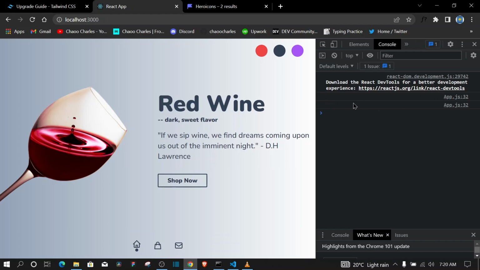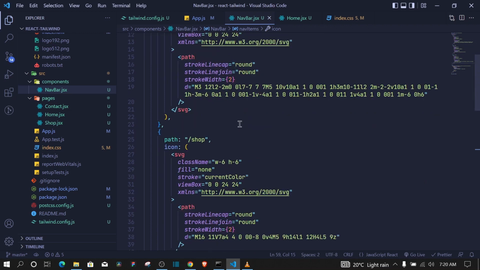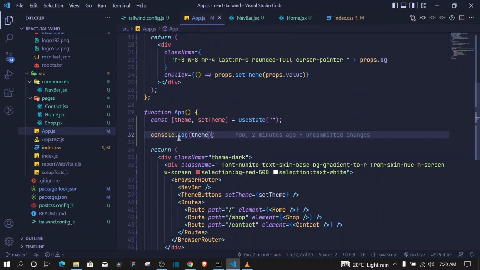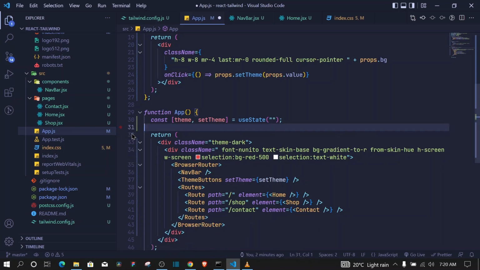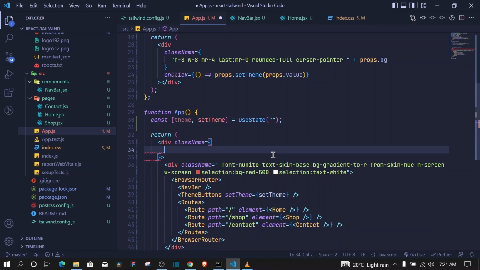But now at the state you can see we are logging the theme. Right now it's just nothing. When I click red, it's nothing. When I click this, it's dark. When I click this, it's purple. So it's updating that piece of state depending on what we click. So what we can do now is just conditionally render our theme depending on which button we clicked. So instead of just saying theme-dark here, I'll go ahead and remove it and I'll use these curly brackets, and I'll say if our theme from state is equal to dark,